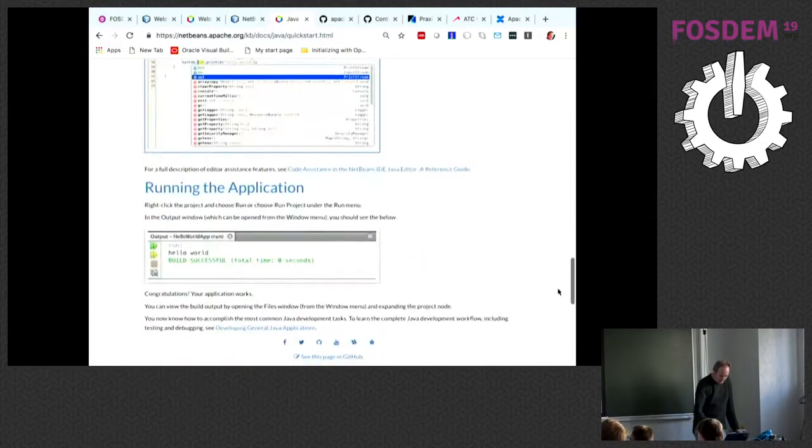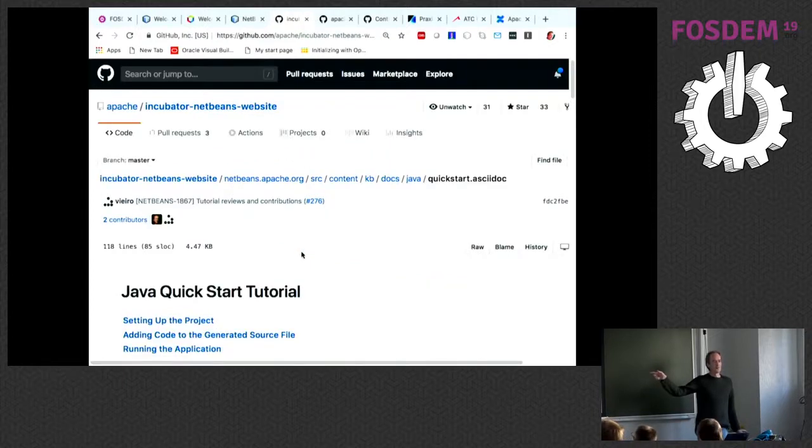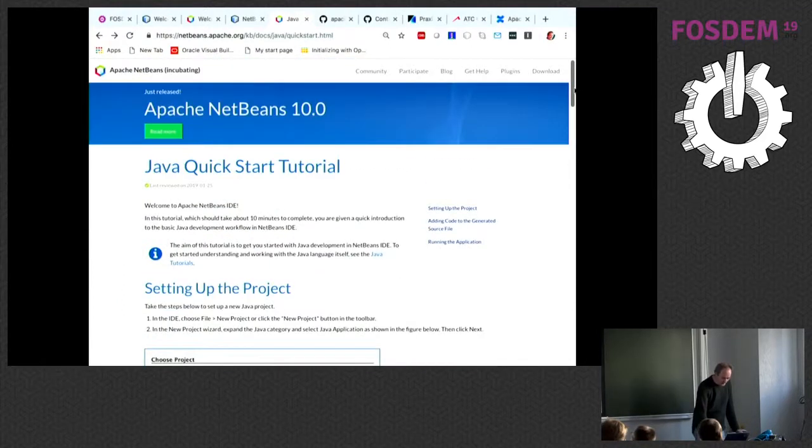So if I have a problem with the tutorial, or if something is wrong with it, I can go directly into GitHub and do a pull request on that tutorial. And then people can review that and so on. So for the first time, we have a really nice and logical way of people contributing to our tutorials. They can make the changes themselves and provide pull requests.